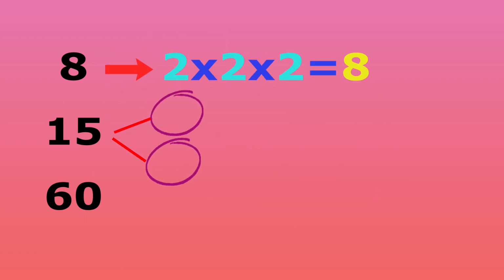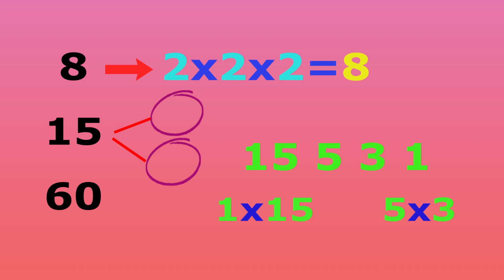Let's work on 15 now. The numbers that divide 15 are 15, 5, 3 and 1. These are the factors of 15. And the factor pairs we can use to make 15 are 1 and 15, that's 1 times 15, and 5 times 3. This process is quicker if you try to select factor pairs that already have at least one prime, because some of the work is already done for you.